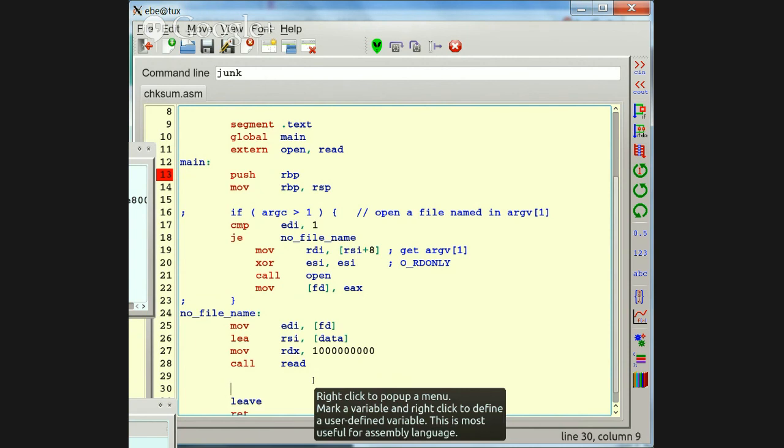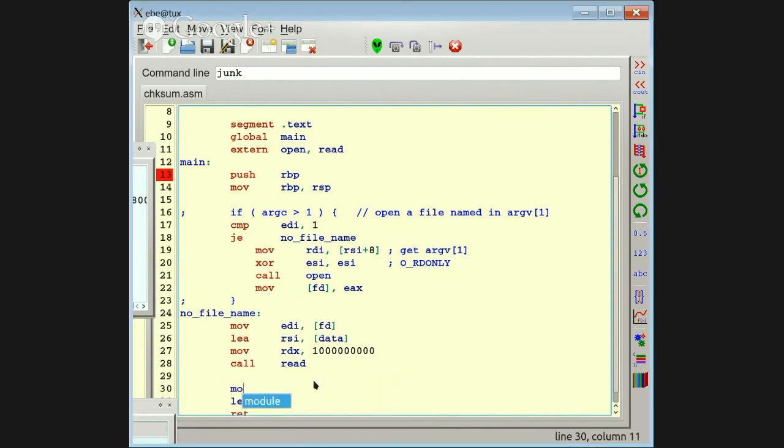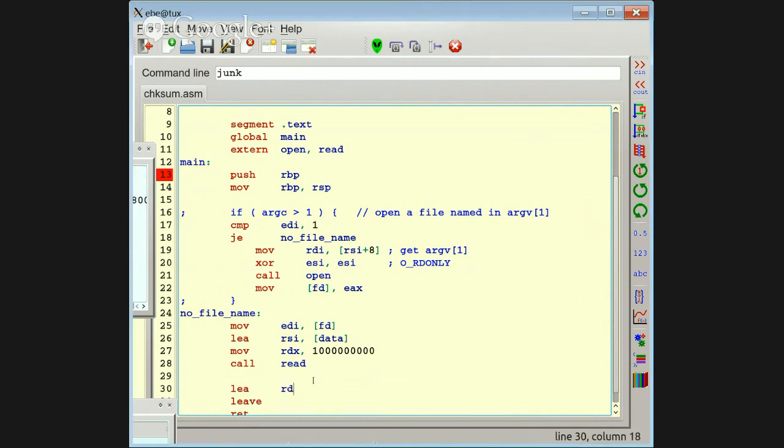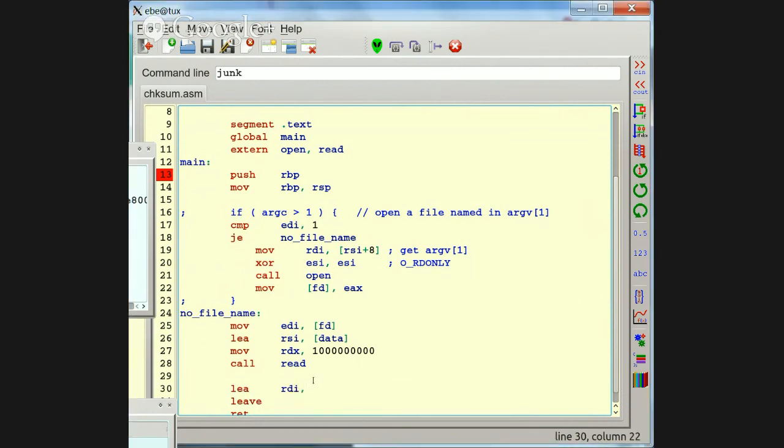the System 5 checksum. So if I want to do a checksum, then I need to make a call to a checksum function, and I'm going to pass the array in there just because that's what I prefer to do. And then I want to move the size that I have read into RSI for the second parameter, and that's RAX.